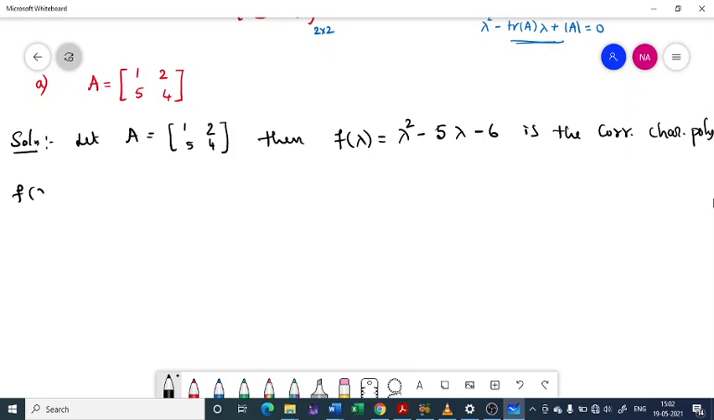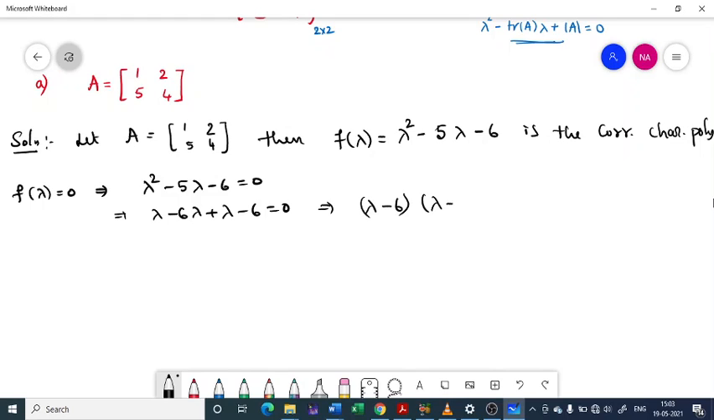Now f of lambda equal to 0 implies lambda squared minus 5 lambda minus 6 equal to 0. That implies lambda squared minus 6 lambda plus lambda minus 6 equal to 0. So factorizing this, it will be lambda minus 6 into lambda plus 1 equal to 0. So that implies lambda equal to minus 1 comma 6, right? So the eigenvalues of A are